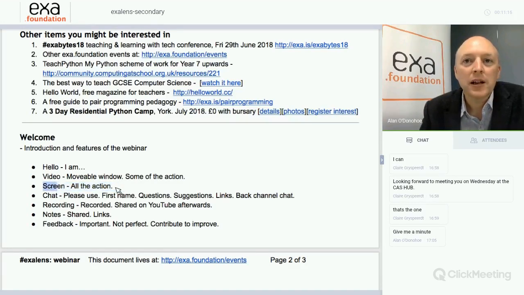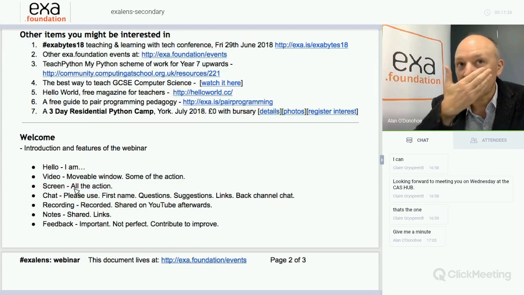So as I was saying, this screen sharing part, you should be able to just about make out some of the words. It depends on what size screen you're watching, but when you watch the video or look at the document, you'll see it more clearly. Now, I've talked about the video window and the screen sharing.